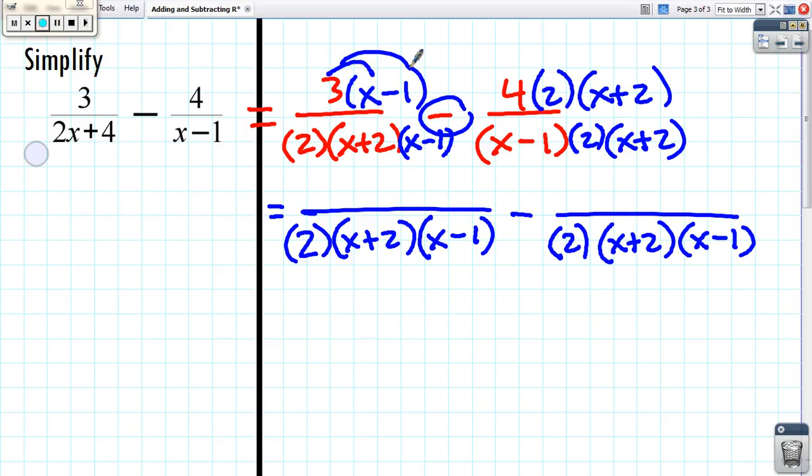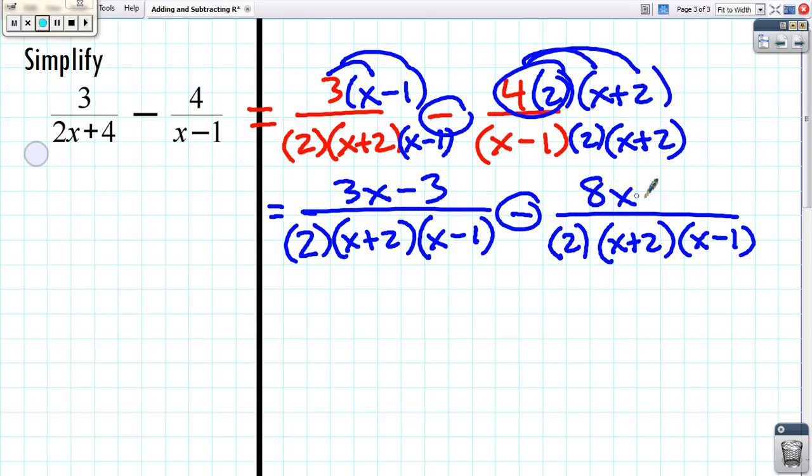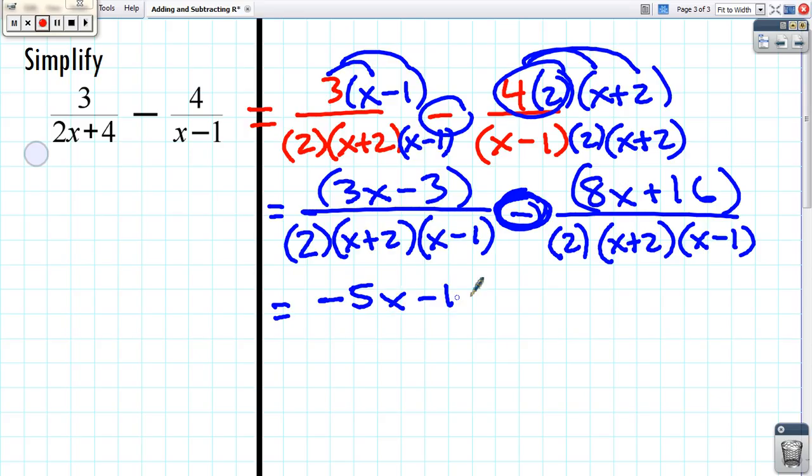So here, distributive property, we get 3x minus 3 minus, now over here, 4 times 2 is 8. So I'll basically just go ahead and distribute the 8, which would be 8x plus 16. And now I can add up the numerators. Be careful with the subtraction problems. We have to remember that everything over here is getting subtracted from this. So 3x minus 8x would be negative 5x. Negative 3 minus 16 is negative 19